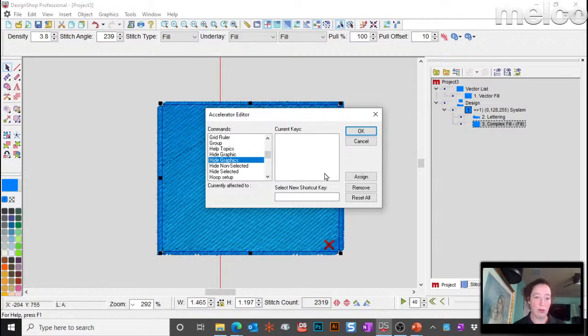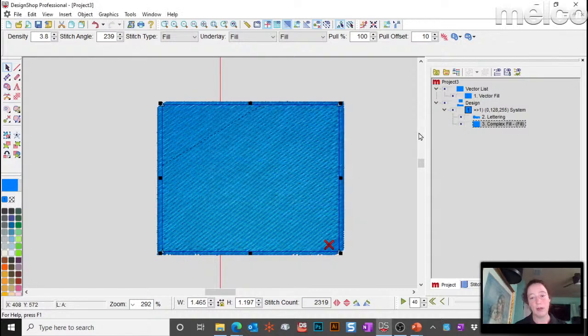So let's say you want hide graphics. You can program a short key on your keyboard, type in whatever it is, and that will be the new assigned key for that particular item. Okay,